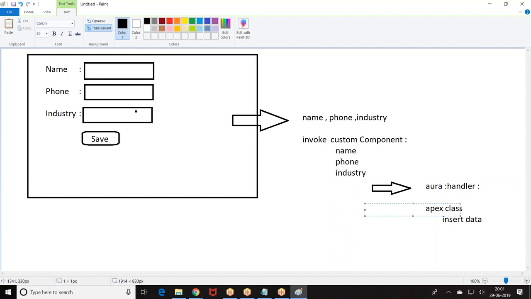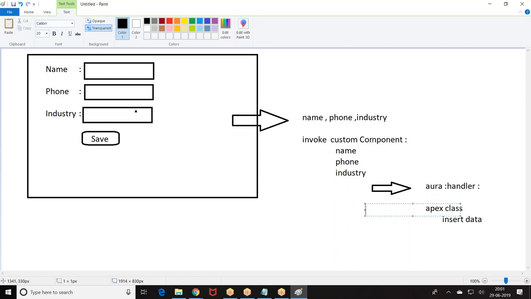First, let us start with Apex class. Create an Apex class which will take the parameters name, phone, industry.